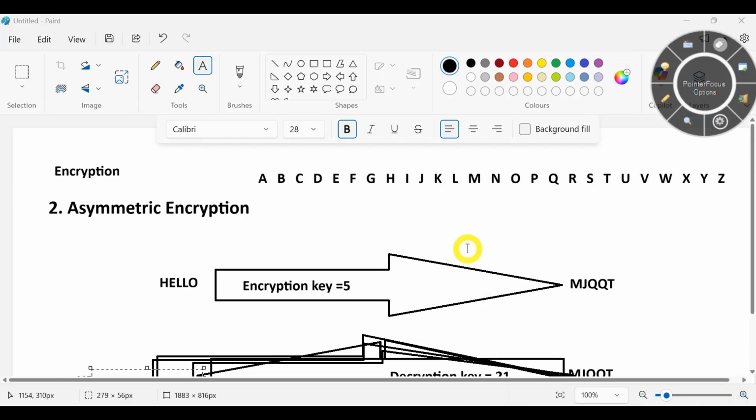Now, I want you to pick up your pen and pick up your jotter. I want to say something that is vitally important. You should write down, now, in asymmetric encryption, there are certain things you need to know. Number one is two different keys that are